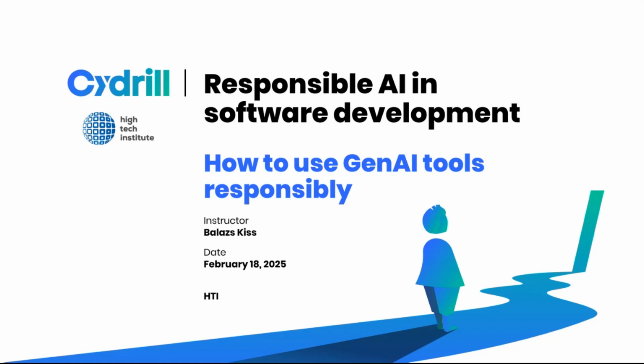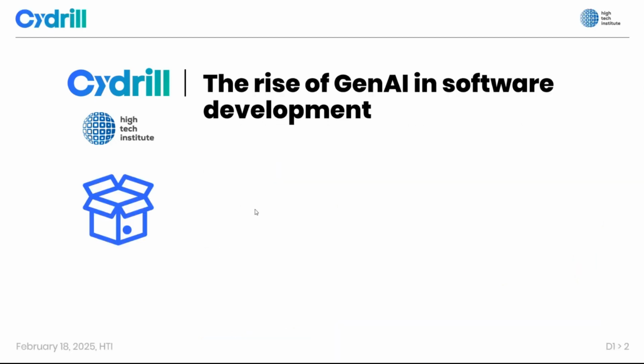So for that reason, of course, we are not just going to focus on the bad things here. I'm going to try to give you a general overview about what it means when we talk about responsible AI, especially when it concerns generative AI used for software development. As I mentioned here, we are talking about tools that allow a level of automation that was inconceivable just a few years ago. But they are tools, just like many other tools we are already using. And with such a fast pace of development will come questions and concerns. So let's look into those concerns.